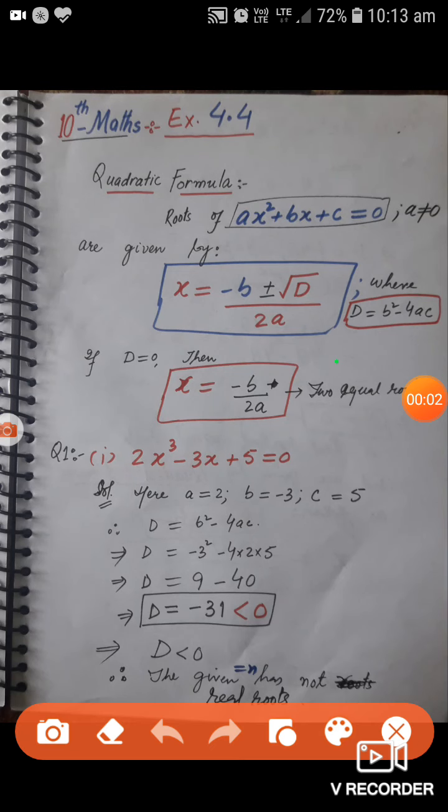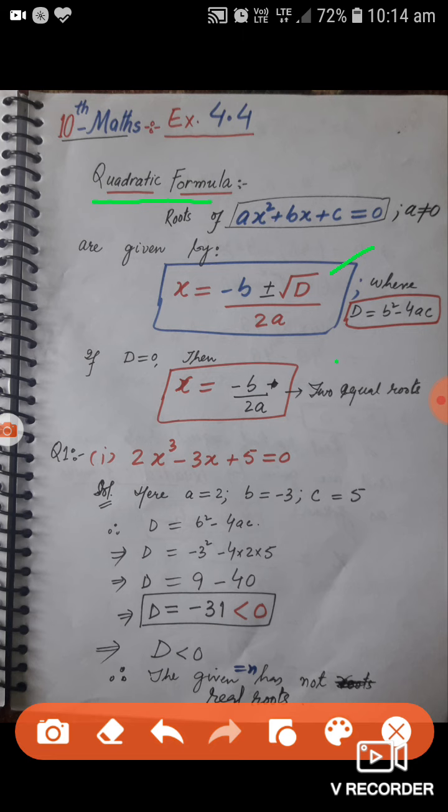Dear students, Assalamu alaikum. Our topic today is that we have to solve quadratic equations, or find the roots of a quadratic equation, by using the quadratic formula. Quadratic formula,